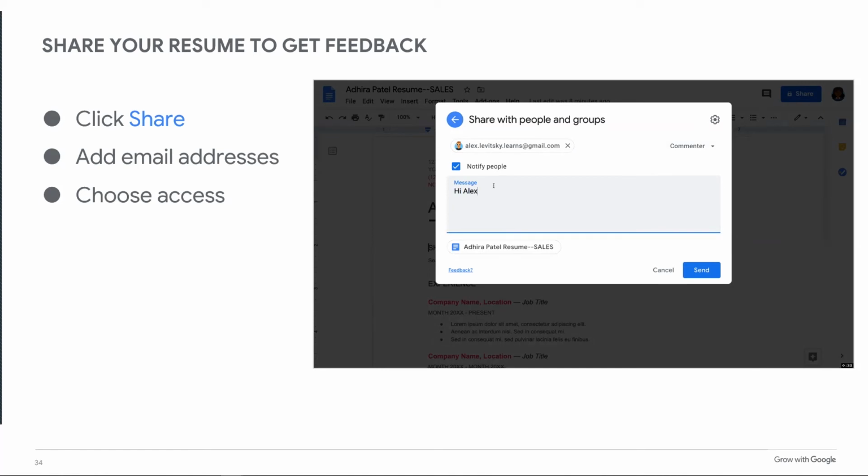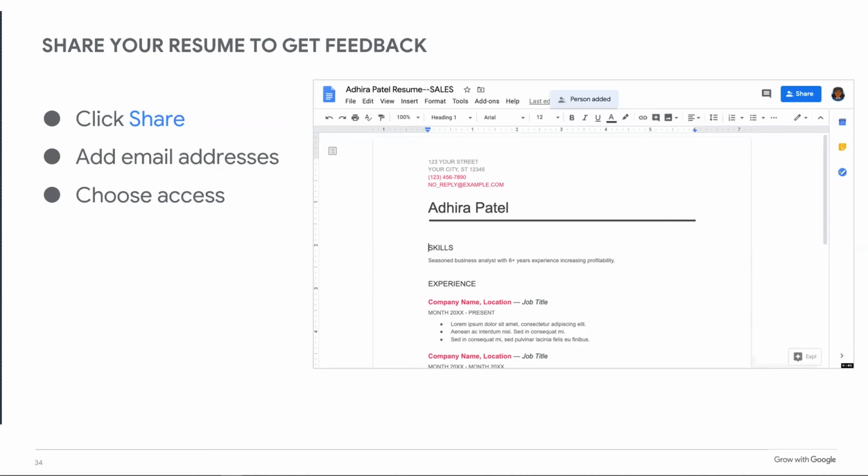You need their email address, and then you get to choose at what level they have to share. So they can either comment, they can view only, or they can make edits. Now, on a resume, I would highly encourage you to only allow them to make comments, because you don't want them to go in and make a bunch of edits and you're not exactly sure what they edited, and then have that come back to you, and you have to sit there and compare back and forth and say, yeah, that's what I want. Yeah, okay, that looks good, because it'll take you too much time.